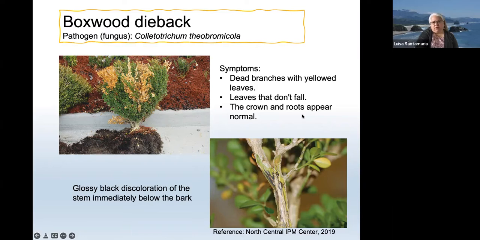So Phytophthora is not considered here, but it's just some of the leaves that show yellowing and dying. And the other thing is in the stems: just by scratching the stem, you can see the bark, and below the bark it is getting discolored, like in the picture here. So it is different from the symptoms we're going to see in the next disease, which is boxwood